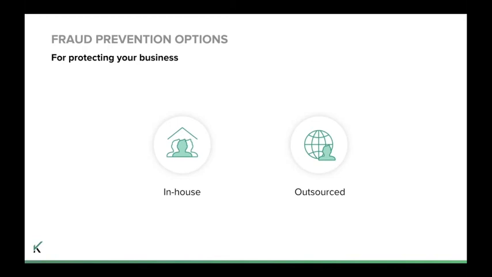So there are a couple of options when you look at fraud prevention. It's really just two options when you're trying to protect your business from e-commerce fraud while balancing high approval rates or minimizing false declines. You can either build an in-house team to manually review orders, or hire an external partner, such as Riskified, to handle that prevention for you. But let's take a look first at the in-house option.